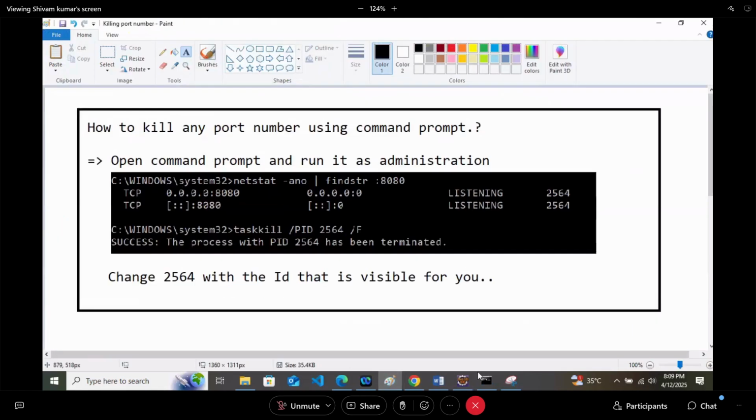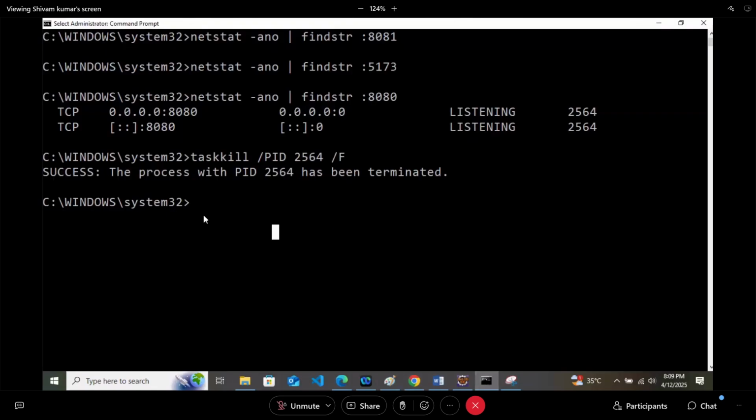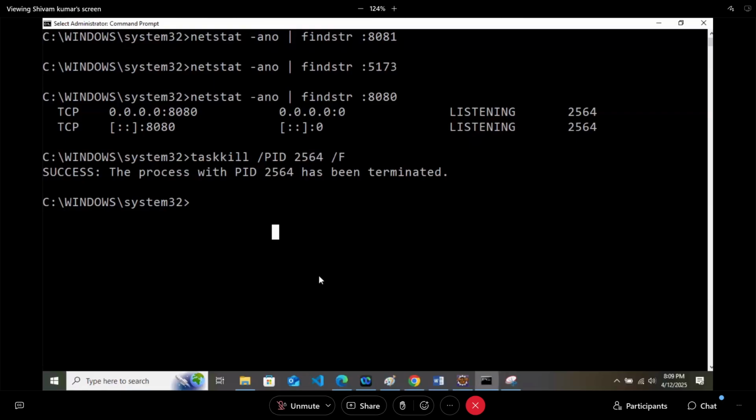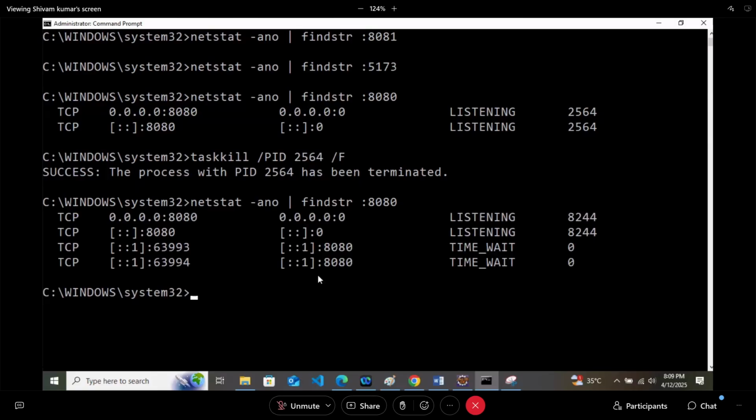So again we will go to command prompt. Generally it is available in Eclipse also, the stop button, but go to command prompt and type netstat space hyphen ano space or symbol space findstr colon, whichever port number you want to kill. And this time what is the PID? 8244. It can change.